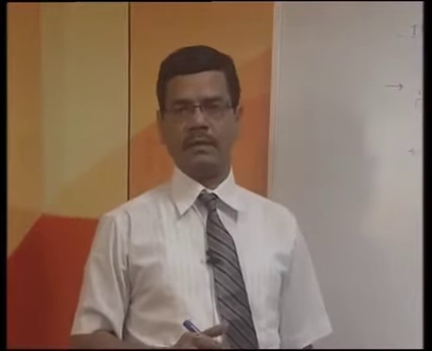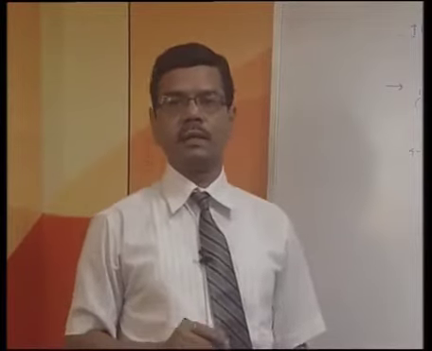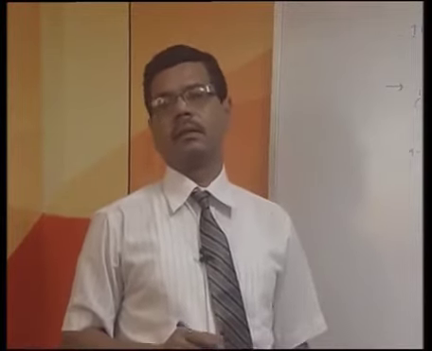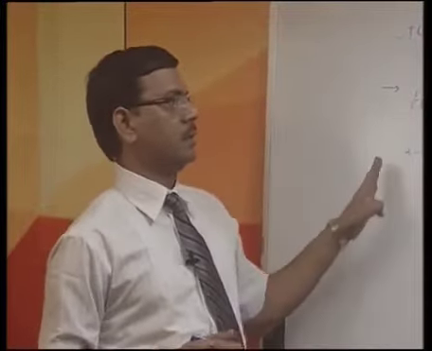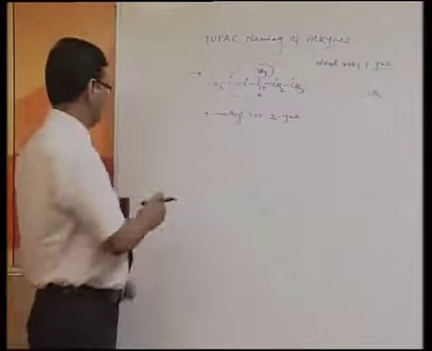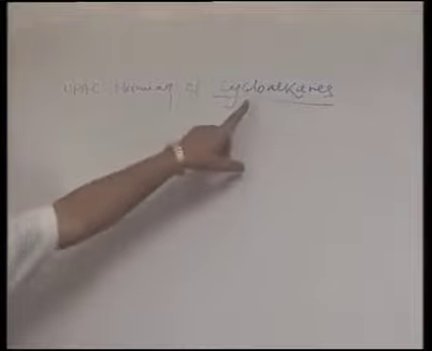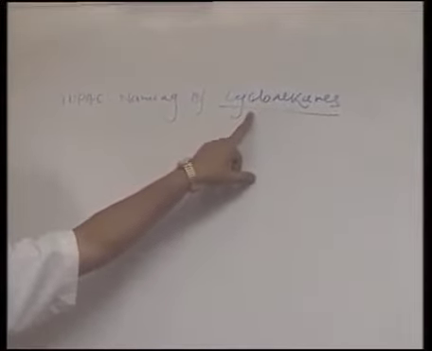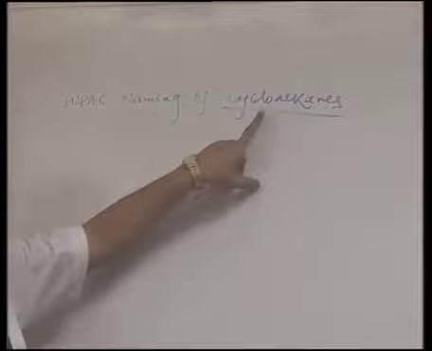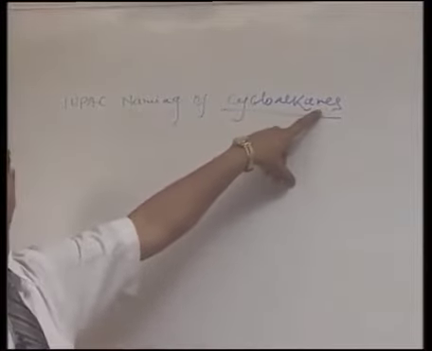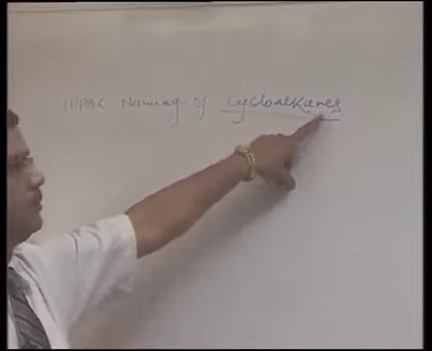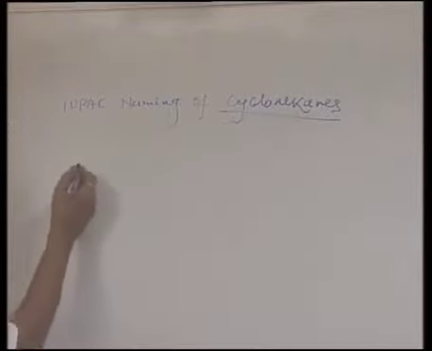Now let us learn how to give the IUPAC naming of cycloalkanes. In cycloalkanes we have two parts, one is alicyclic compounds and another is aromatic compounds. So let us see how we start the IUPAC naming of cycloalkanes. As the name indicates, this type of hydrocarbon will be cyclic in nature, and alkane indicates that it has carbon-carbon single bonds. For example, if we write